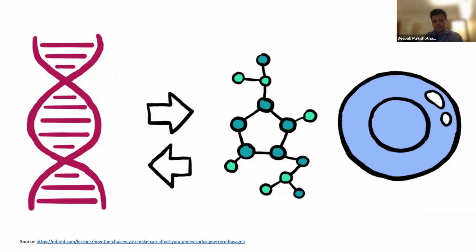And that cannot be ignored, because now our queries, our perturbations have a new player which we have to factor in when we are asking questions, because the epigenetic state of the cell